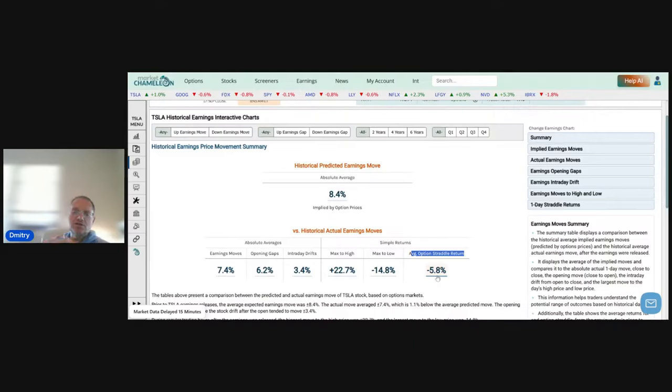But what this does is take the straddle right before the earnings announcement, so end of day before the earnings are announced, and then looks at the same straddle the next end of day after the earnings were announced. So it's end of day to end of day